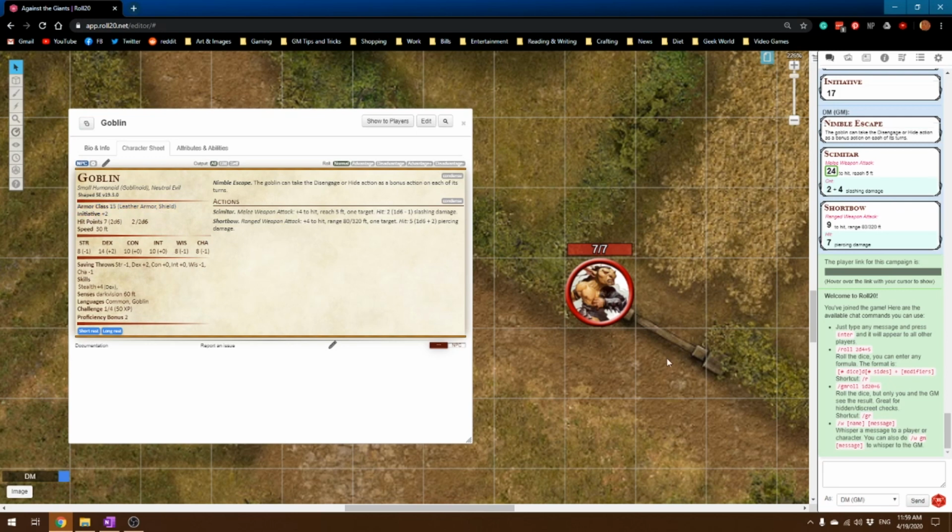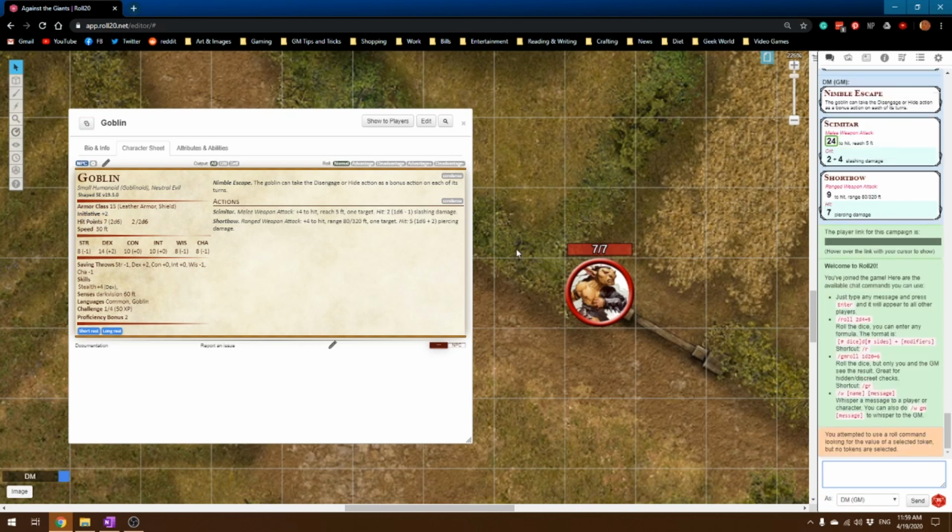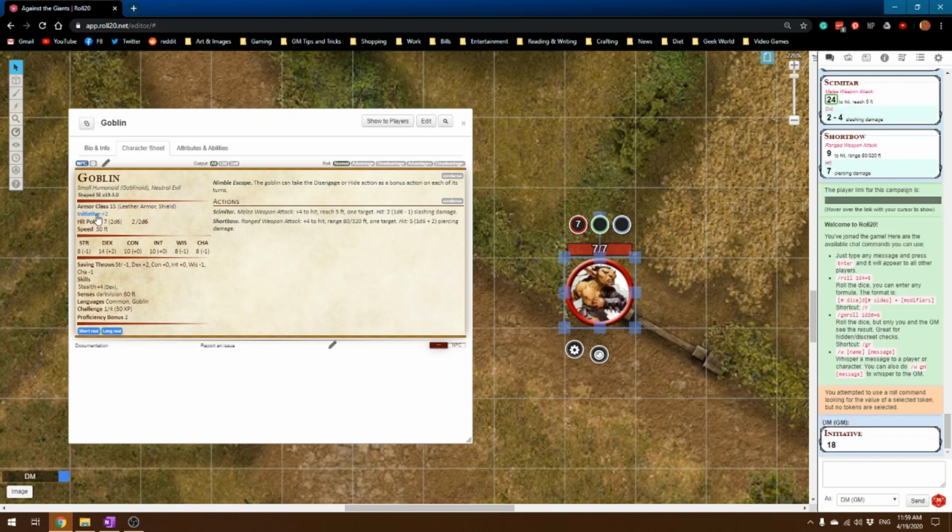So I'm back on the chat screen, and I want to highlight this because this is very important. Roll20 has a unique feature where if you click up in the chat bar, it'll actually show you the code for the last action that was actually done in Roll20. So I'm going to roll for initiative. Oh, I forgot to select the token. That's very important. Select the token, roll for initiative, and you see initiative pops up. So you hit the up arrow, you see the code pop up. You can grab that, and I'm going to delete it because I'm going to be coming back to it,